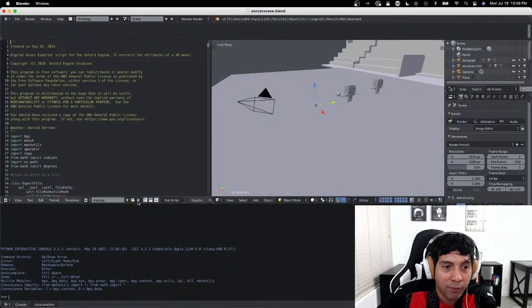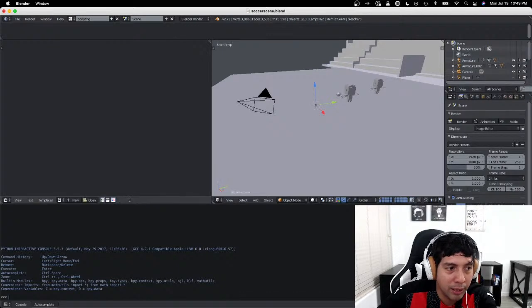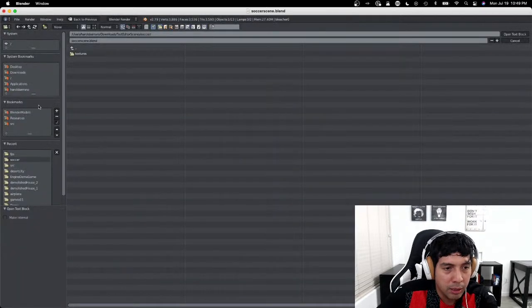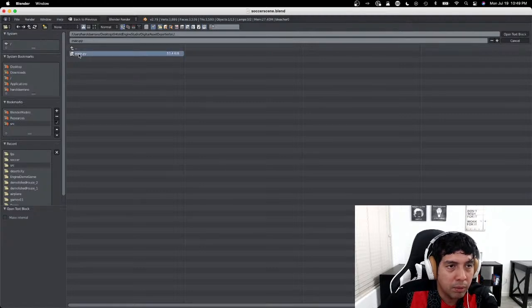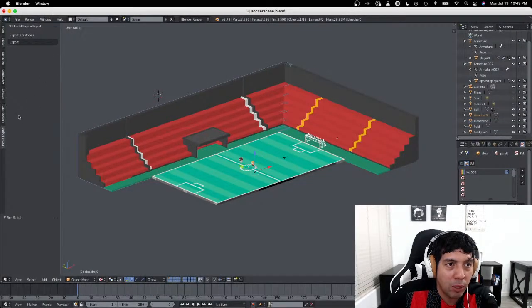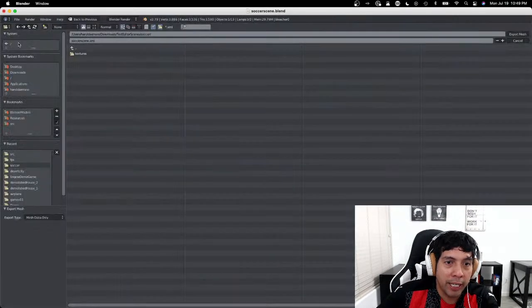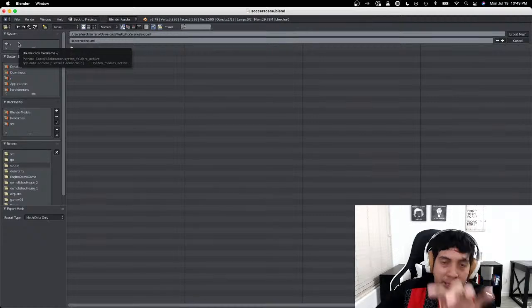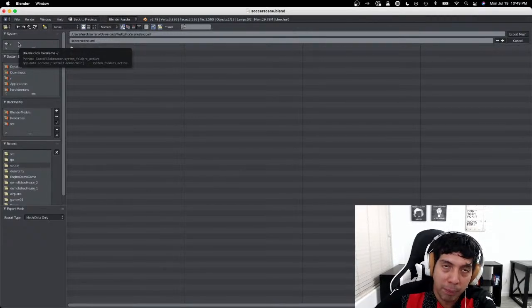Let me unlink this, go here, and run the script. Now when I go to default, I wrote this little pane here. You see Untold Engine. You can say export, and it's going to export the scene, the models in the scene,